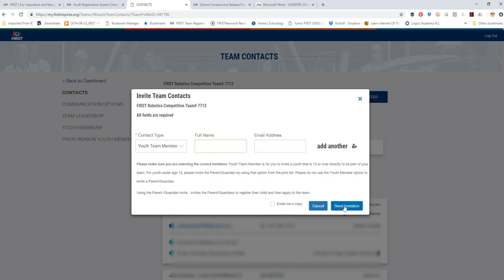They will get an email from FIRST that says do not reply, and in that email there will be a link for them and their parents, because as it says, it goes up to a certain age. So for example, if you were to choose youth mentor or mentor, whatever the case is, you're going to see that